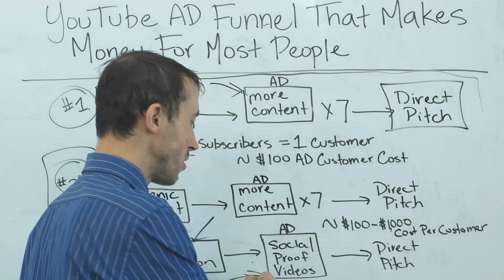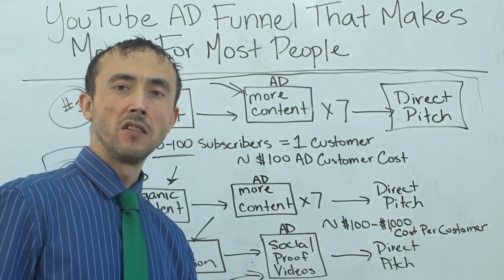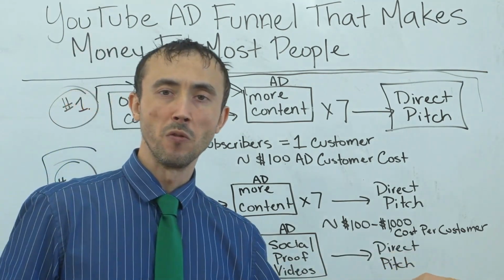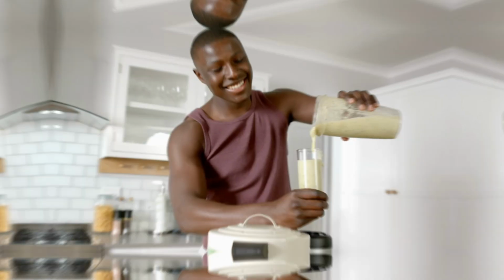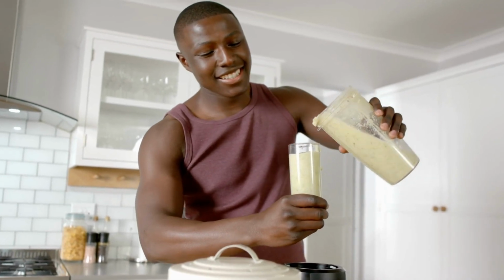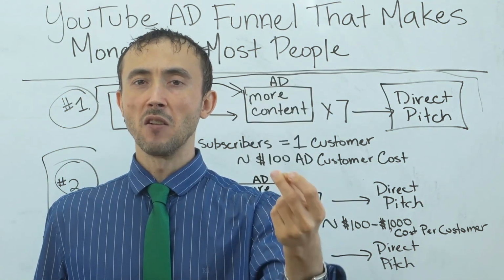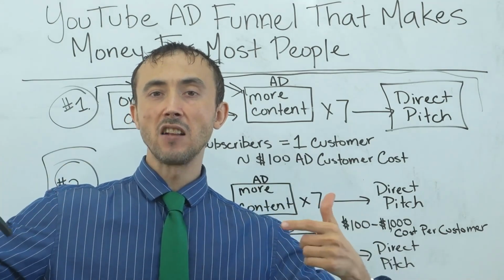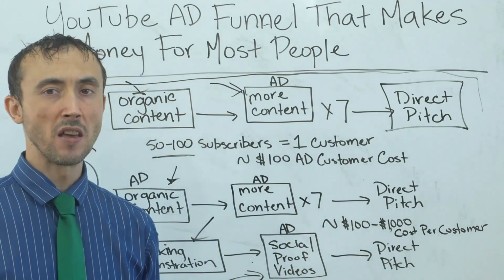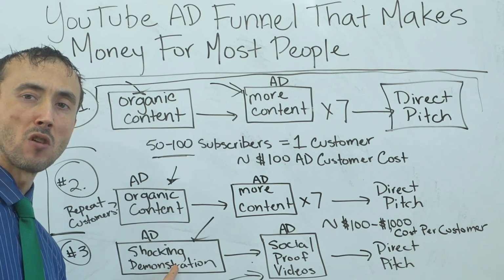Then later on, if you're going to go this third way, you're going to have other video ads show up for a person with social proof. When I say social proof, we're talking about other customers who use that product as well, that you can show using it. Or if you get placement on TV or from a well-known social media influencer talking about your product, you have that as part of your video ad. Then you have different ads that focus on social proof show up for that user, so that they didn't buy during the shocking initial demonstration of that product.